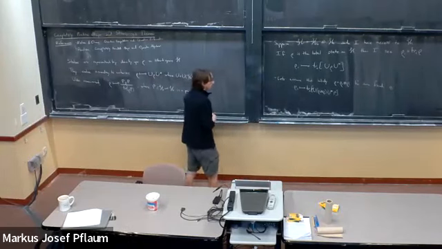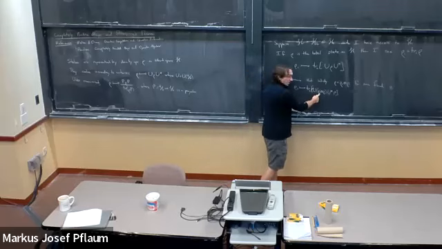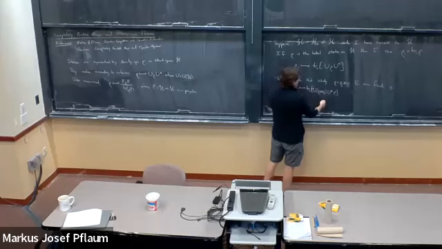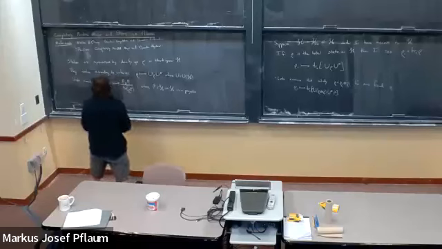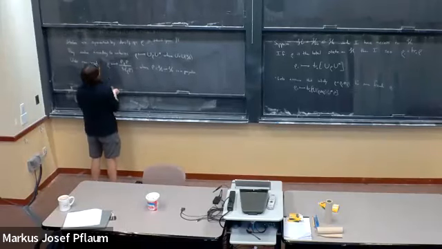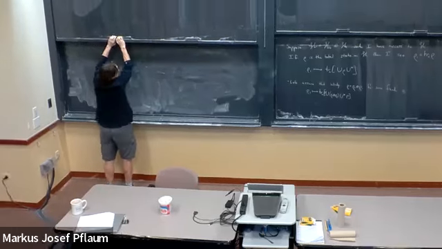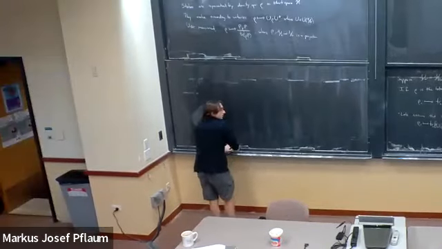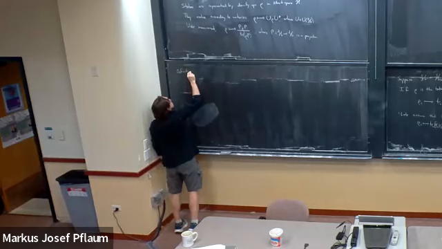Okay, so the moves that I'm allowed to do are tensoring on fixed non-interacting qubits, or whatever kind of system. I can do unitary evolutions, I can do measurements, and I can trace out degrees of freedom. So I claim that the following definition is the right one. I'm going to have to explain what this definition means.